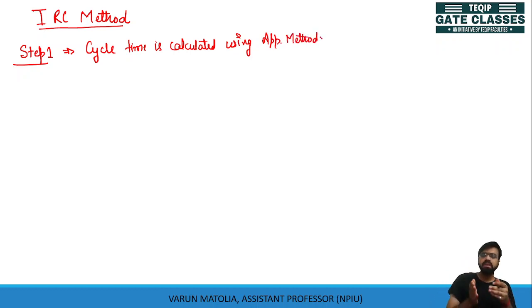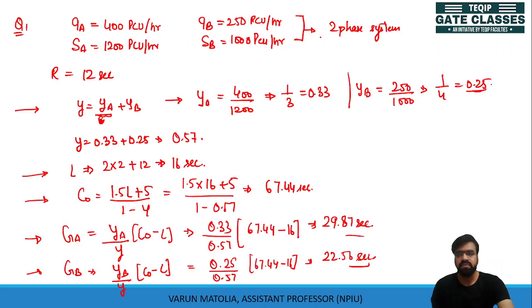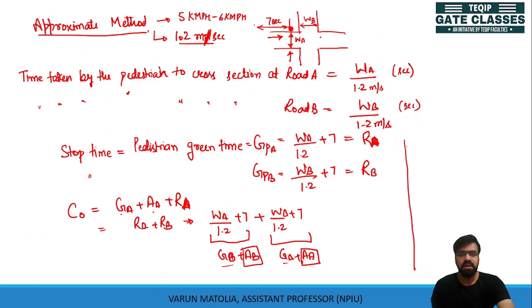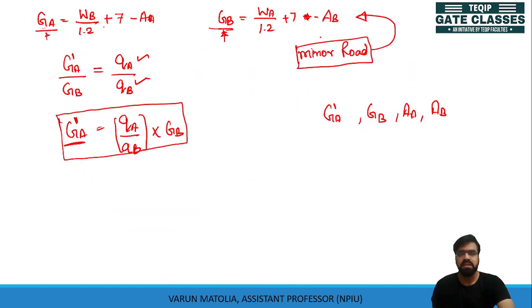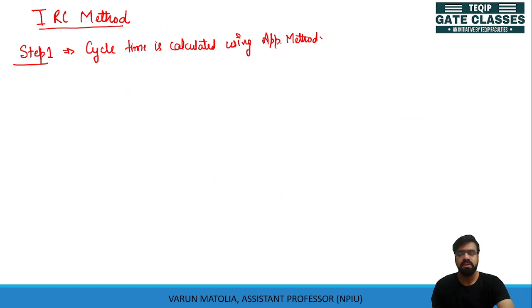So the approximate method, we know it uses the pedestrian traffic, and we want to allow the slowest walker to cross the road. So the approximate method uses this pedestrian traffic and your volumetric traffic passing through the road. This is how we calculate the cycle time from the approximate method. We have already discussed this method. So you can calculate cycle time from this method, and in step 2 you can check for each road